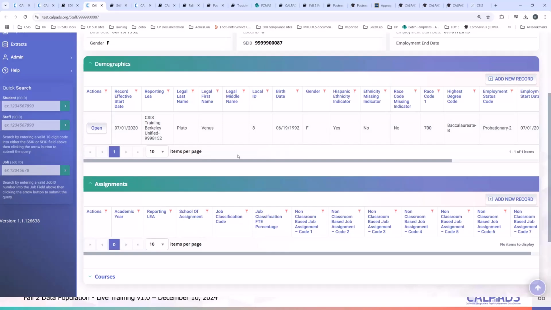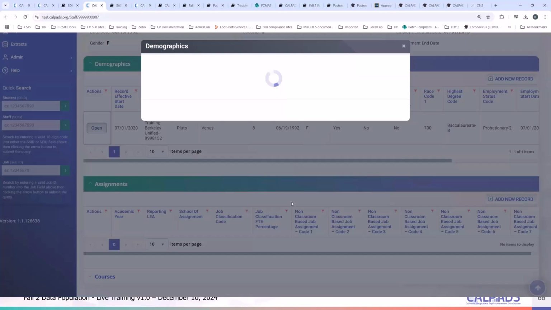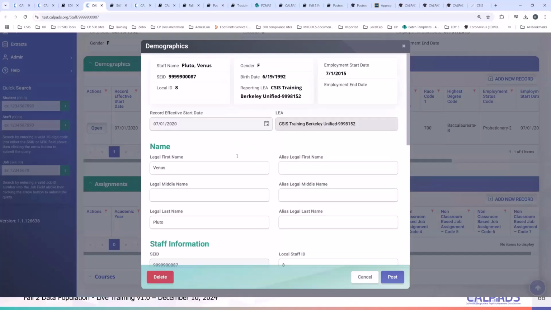Now, if the staff member is no longer employed, right, then that's when you have to send up an updated staff demographic record with an employment end date. And Matt mentioned it's easier to do that now because, of course, we've eliminated the confusion of that record effective end date that we had in prior years, right?